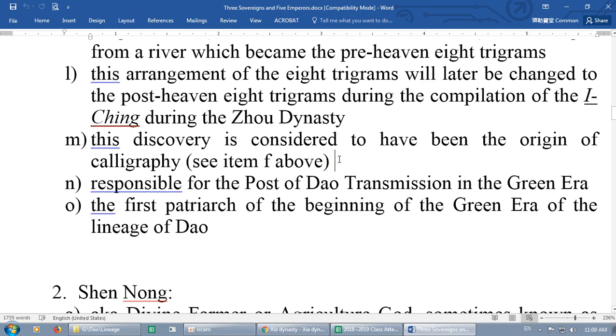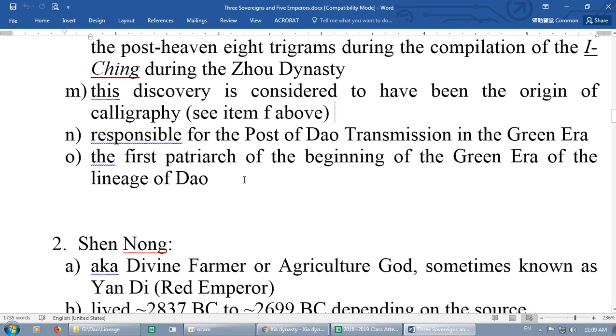He started using pictures to describe what the trigrams mean. Get it? So that's the starting picture, okay. Calligraphy. It's calligraphy, okay. Okay, now after all that, he's also in the Tao responsible for the post of